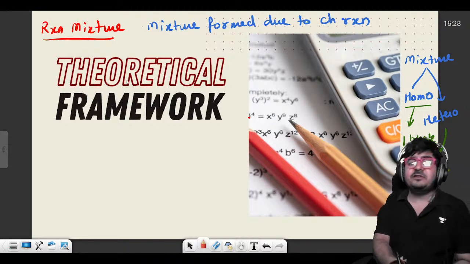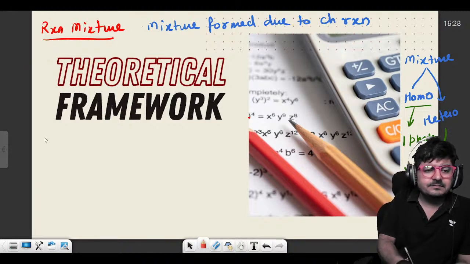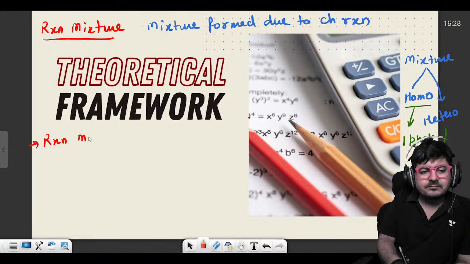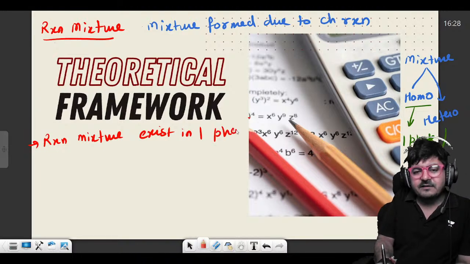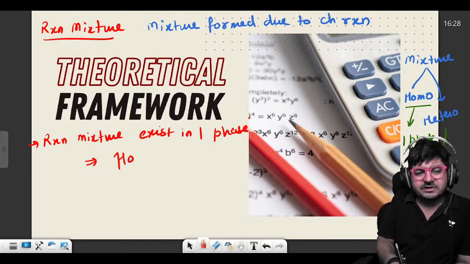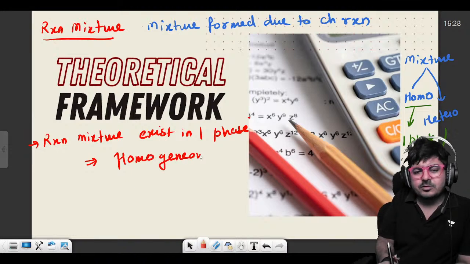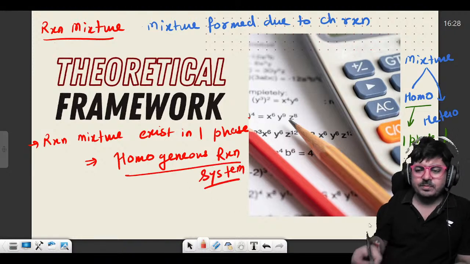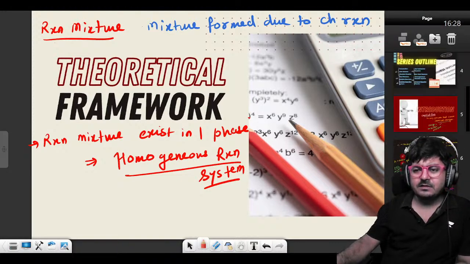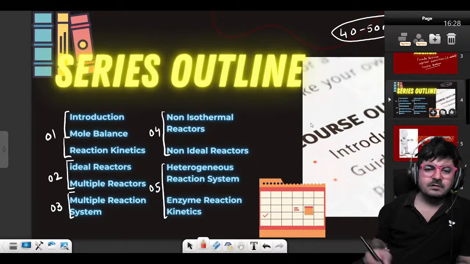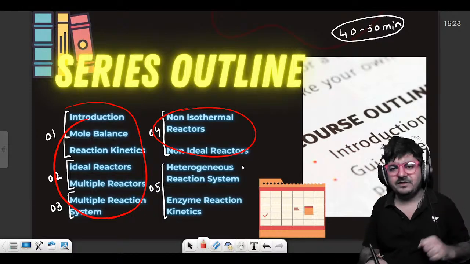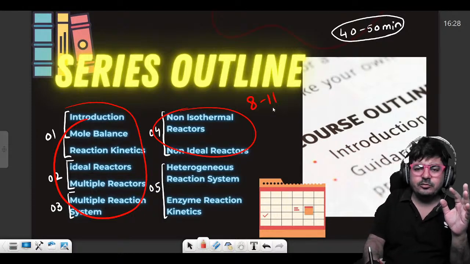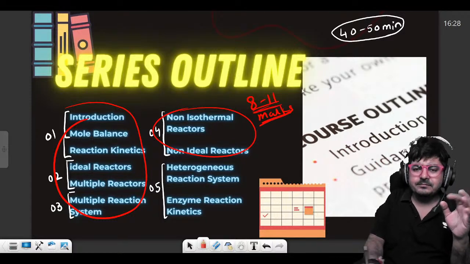So you know that. Similarly, when reaction mixture exists in one phase or single phase, you can say, that is called homogeneous reaction system. तो अभी हम इसी की बात करेंगे, एंड दिस इज व्हाट बेसिकली यू कैन से योर CRE1. ठीक है, जो भी हमने अभी कंटेंट्स स्टार्टिंग में डिस्कशन किया था, लाइक हियर इफ यू सी all this part and this is the part of your CRE1, and only this part has a weightage of about 8 to 11 marks in your GATE exam. ठीक है,